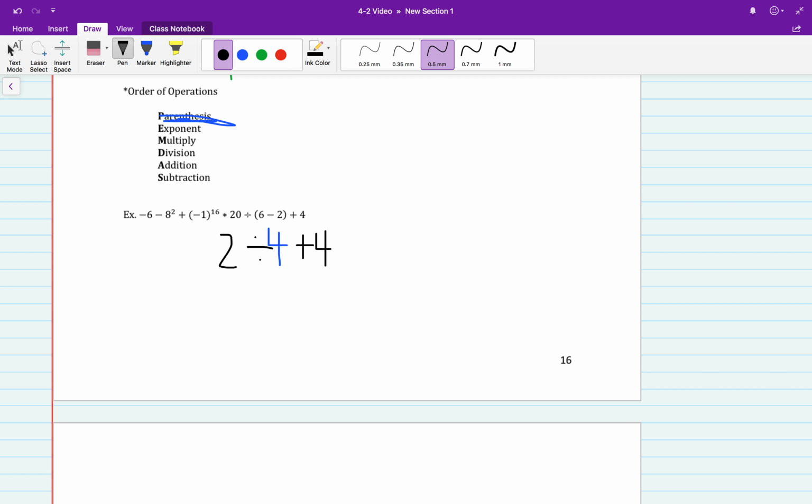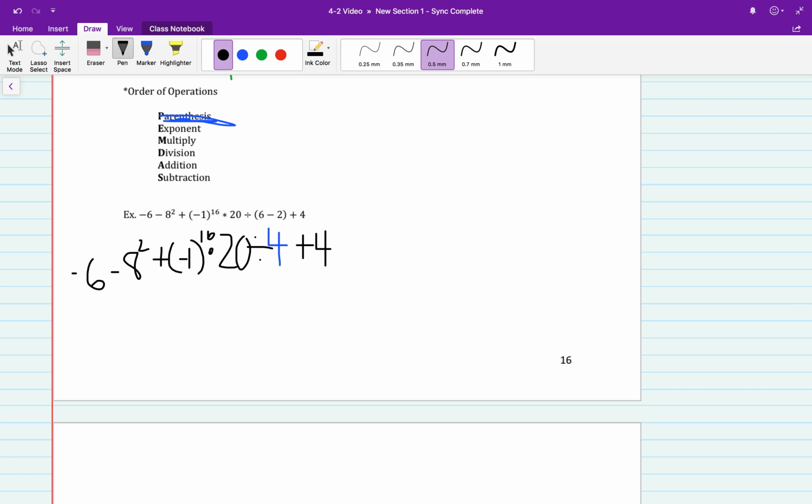So bear with me for a second. I haven't touched anything else. Let me get back to my pen here. So all the other terms are exactly the same. So my next part